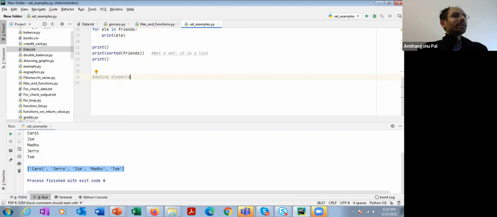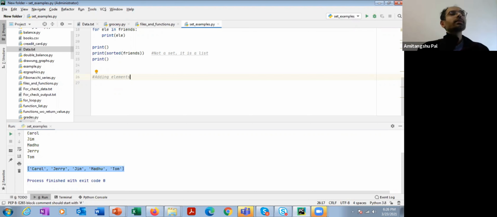When we learned lists, we learned 2 functions for adding elements: append and insert. Right? Append adds an element at the end of the list, and if you want to insert it in the middle of the list, you need to use the insert function. Clear? So in the context of list, we have learned append and insert.